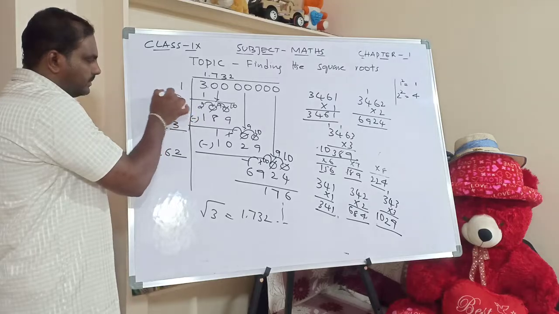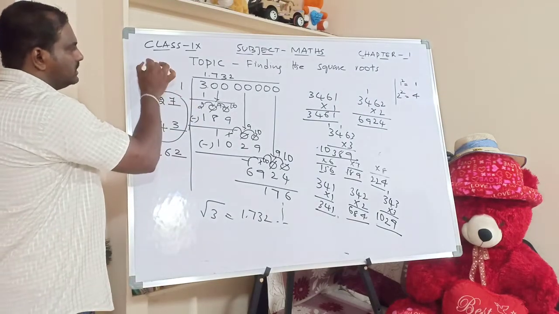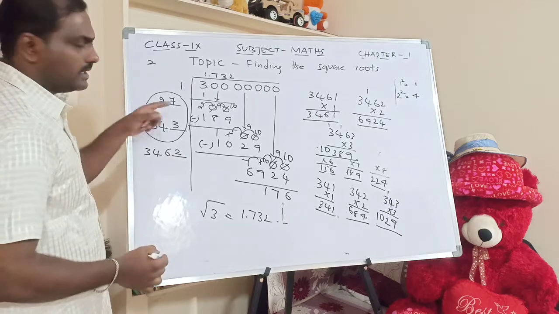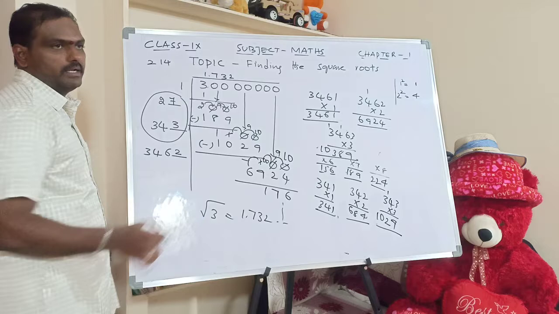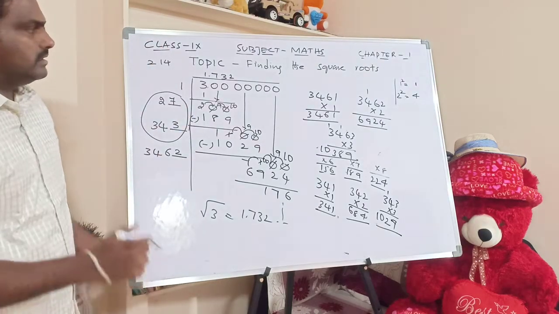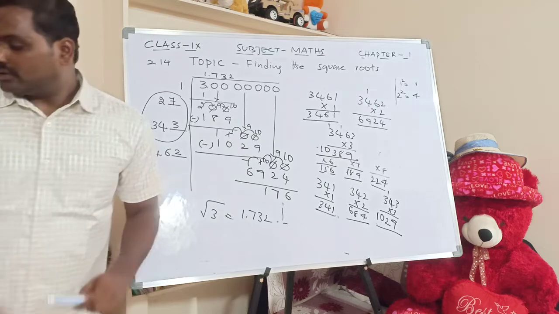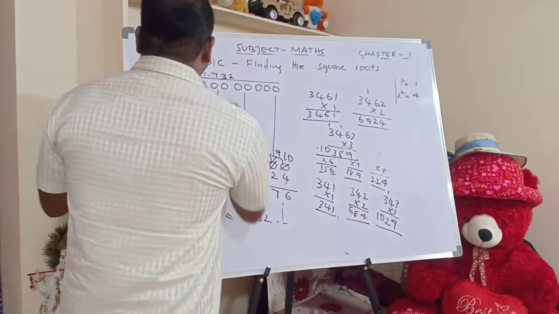So here is the key step. What is the key step? 2 is here. We are doubling 7. Maximum of the students don't write it, it is 214. Whenever you get like this, it should be carried to the next number. Right? So this is about square root of 3. Next, I'll go for one more example.